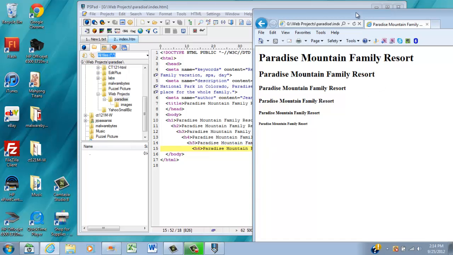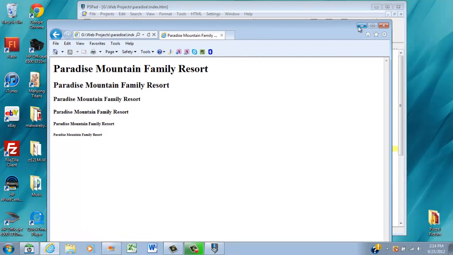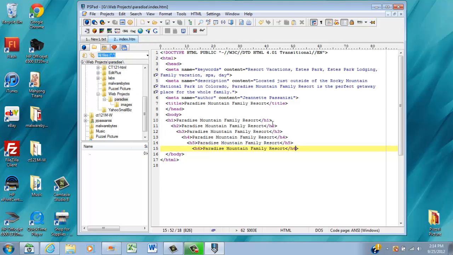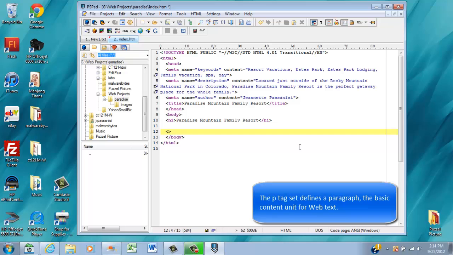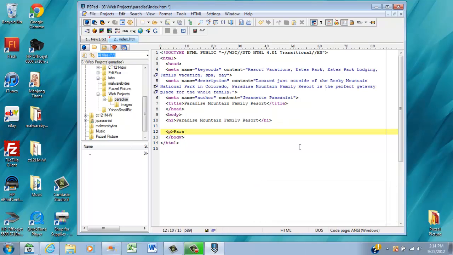All right, let's go ahead and minimize this window. And then let's remove lines 11 through 15 and save. So delete and save. And let's finish this page up. The next line we're going to do is go down, hit enter once, go down to line 12, and type in the P tag, or the paragraph tag. The P tag defines paragraphs, and in here we're going to just type in paragraph